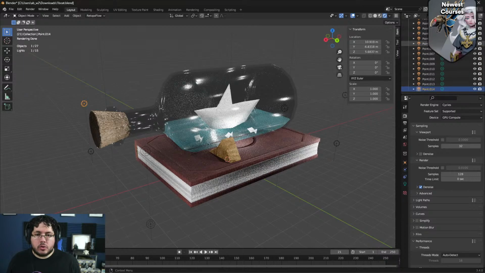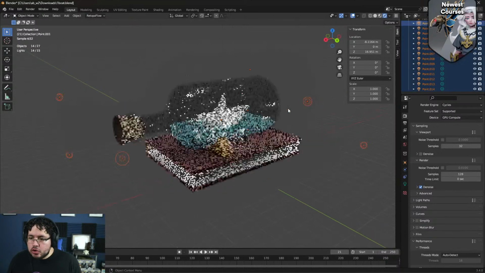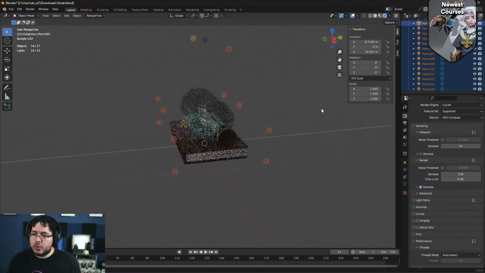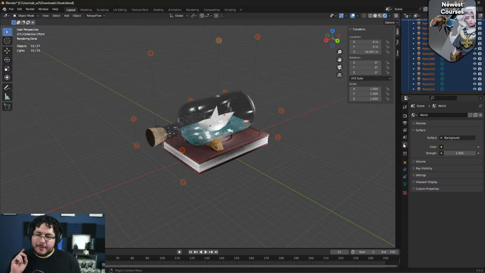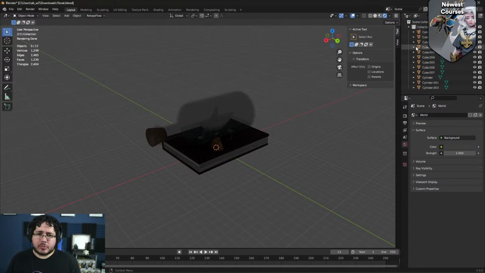So we have 14 point lights, and usually, unless there's a very good reason to have this many lights, the fewer lights you have with more control will give you a better result. I have the hunch that one issue on this scene is that we don't have an HDRI. And HDRIs are really important for anything that has to do with reflections. So if we have glass, if we have water, we need to have HDRIs. So I'm gonna start by deleting all of these point lights right here,